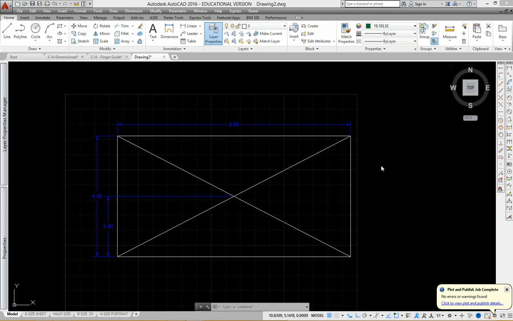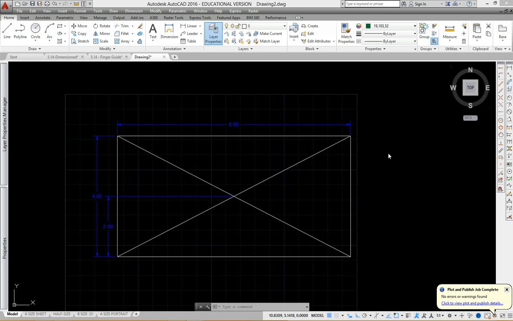Okay, in this video, I want to address dimensioning in model space versus paper space. A lot of it is going to depend on where you go to work once you leave college here, and what their practice is there in the office. Some businesses, just due to the nature of their business, do all dimensioning in model space. Some do dimensioning in paper space. It really just depends on where you go to work and what type of drawings you're going to be